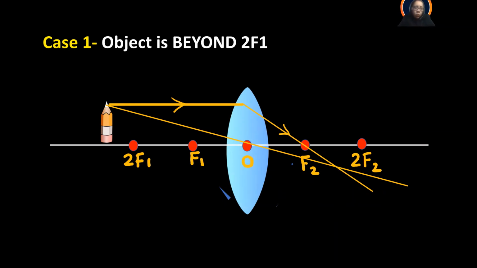Now, can you guess what is the significance of this point? I'm sure that you are able to guess it properly. The image is formed at this point. And remember, the incident rays have started from the head of the object, so the meeting point will be the head of the image. So the image will be inverted here.